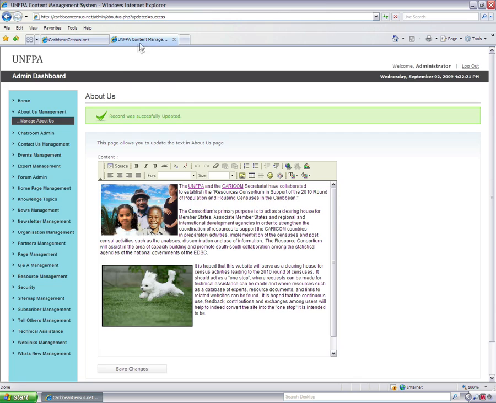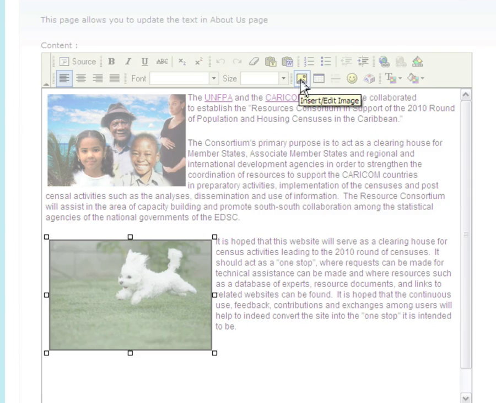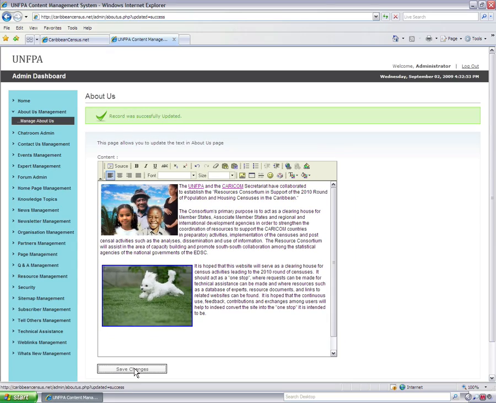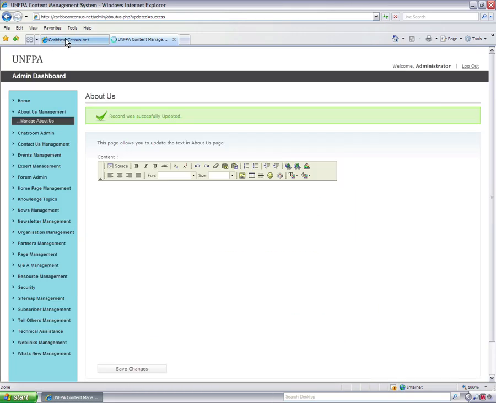Alright, there's one more thing that you can do with an image, and I'll show you that really quickly. I'm going to select it one more time, go here to Insert/Edit Image, then I'm going to go to the Link tab. You can link an image just as we did with text. You can link an image to a website. Okay, so here's what I'm going to do. I'm going to type in http://cnn.com. Then I'm going to select the target as New Window, click OK, click Save,